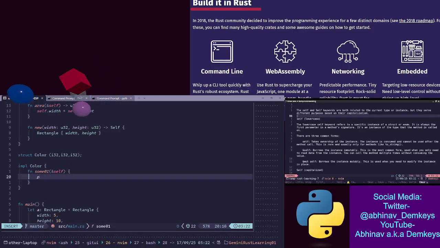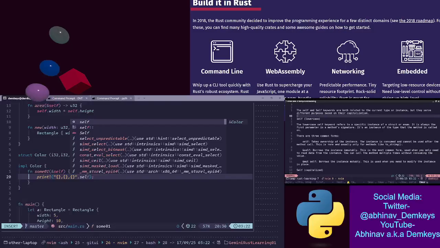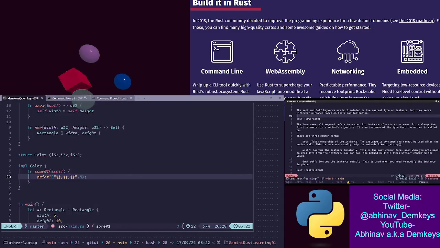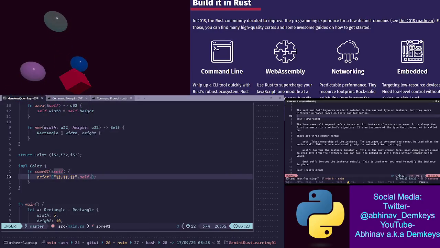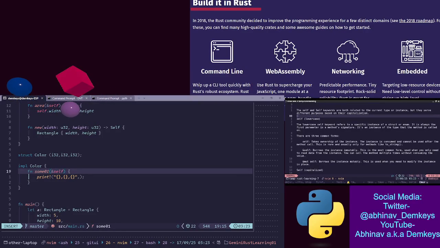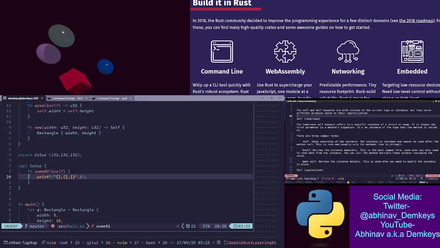all right, and then println. We'll do this. And we are passing in self, right? So if I'm accessing that, would I need to access it in this way? No, I can still do it in this way. Okay, that's interesting. So we specified this as a reference, right? But then we don't need to do this. Okay, I need to ask that question as well.